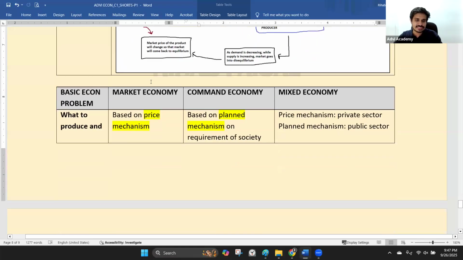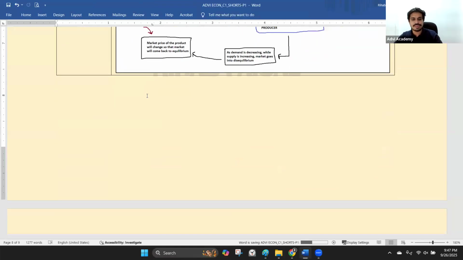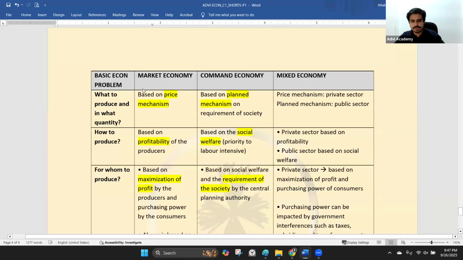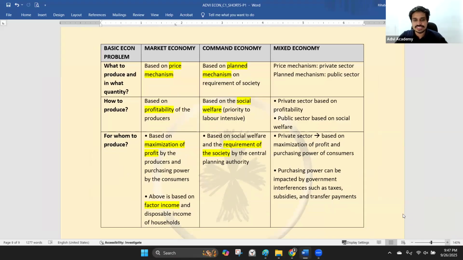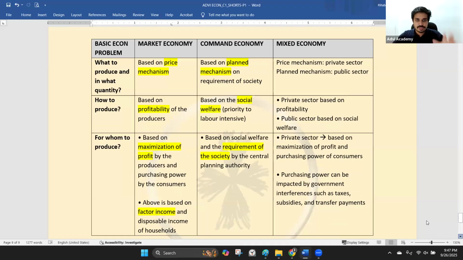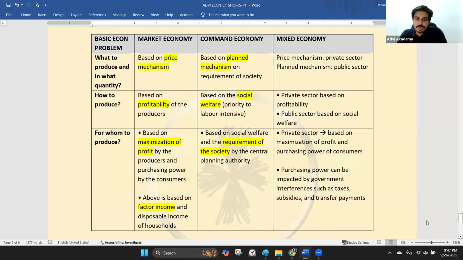Okay, so the last part is the last screenshot. This, of course, I gave as a note as well. So people who have this note, you don't have to write it down. But most of the time in this area, the question that comes is this one, where they ask, in terms of the basic economic problems, how do the three types of economies solve this? So how does a market economy solve the basic economic problems? How does a command economy solve them? And how does the mixed economy solve this? If that question comes, this is basically the full-fledged summary of that section.